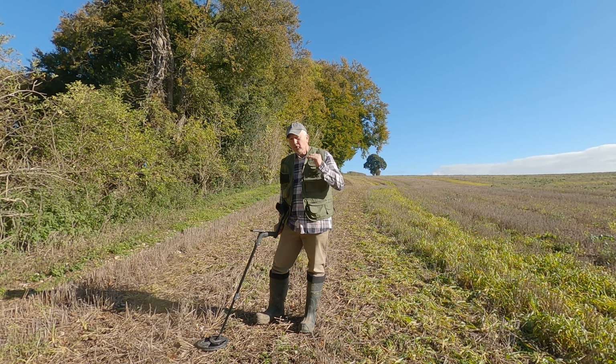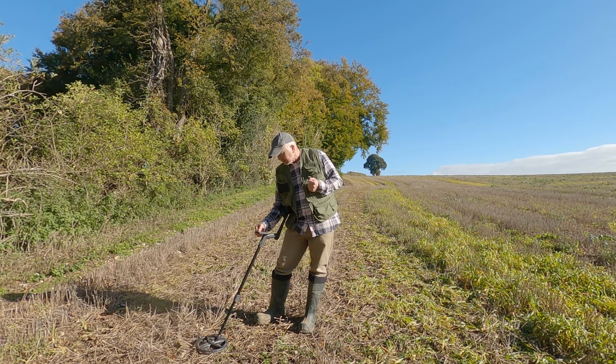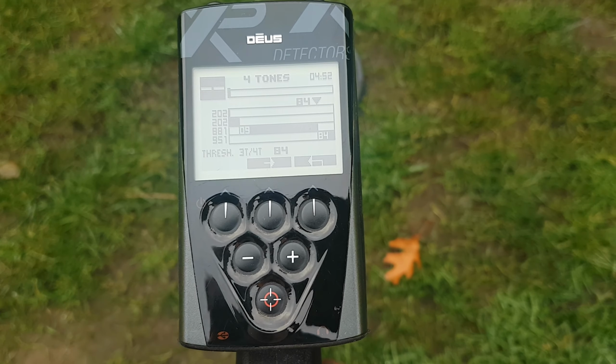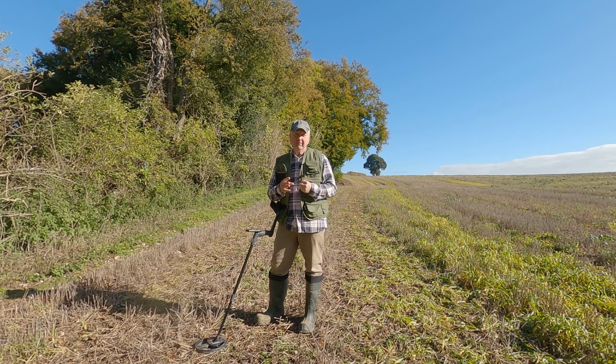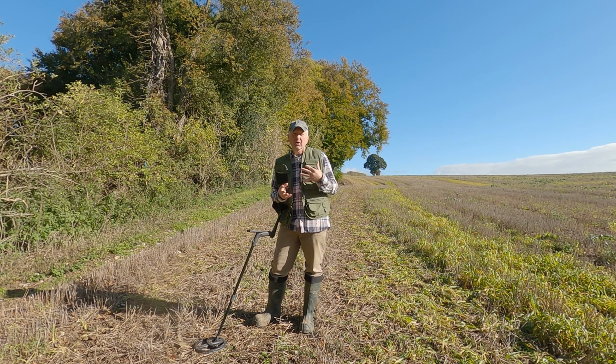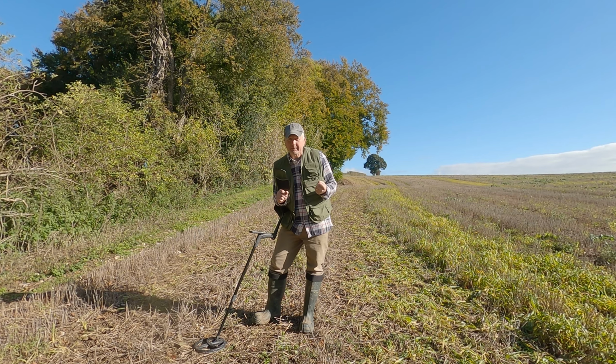And that's it, we're at 951. And you'll see your tone break there is at 84. It changes at 84. So anything above a target ID of 84, it will give the 951 tone. But I think using an open discrimination with tone breaks rather than discrimination makes a machine a little bit more